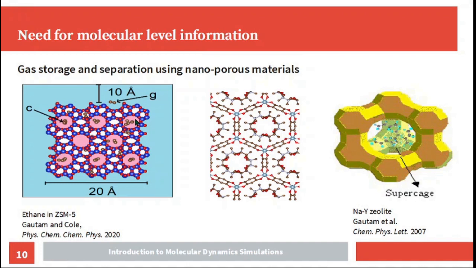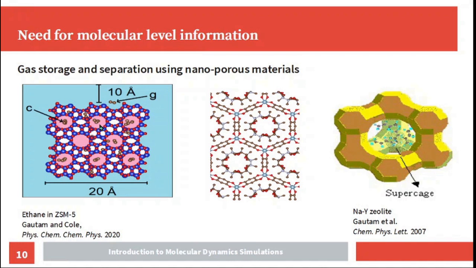So for example, we want to use hydrogen as a fuel, but the problem right now with hydrogen is that of storage. Because hydrogen is a light gas, if you want to store a good amount of hydrogen, you need a very large volume. But if you can store hydrogen in such nanoporous materials, you can compress a great amount of hydrogen in a